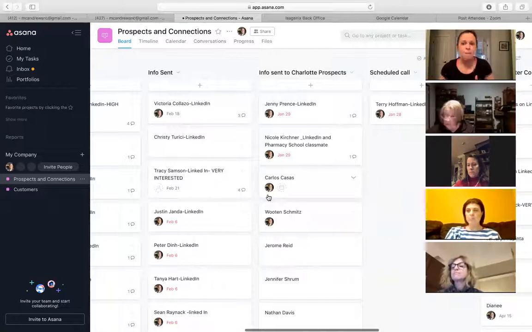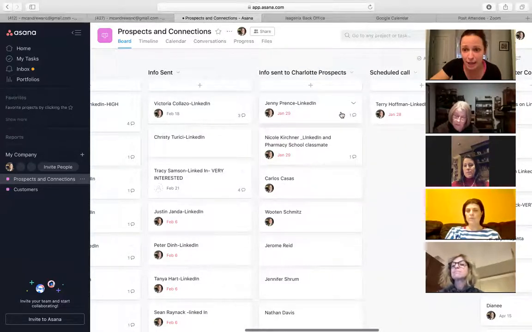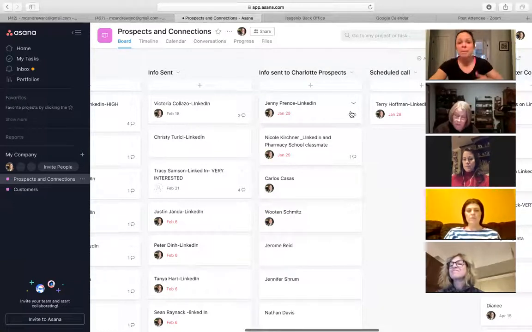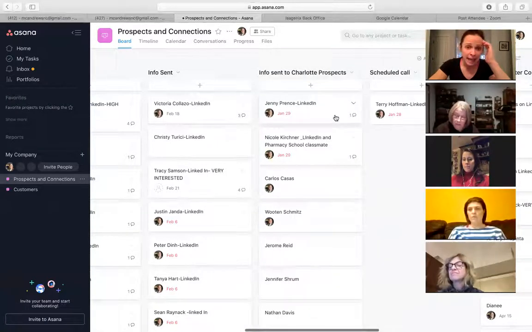If you don't have it organized, especially when you work full-time on top of this, you're always going to feel like a hot mess. It's going to be everywhere, it's going to be messy, and you're going to forget people. Like, I feel like I'm more organized than I ever have been, and I forgot about Jenny and Terry, and they were supposed to enroll this weekend, and they're right here in front of my face. But I got so busy on Friday.